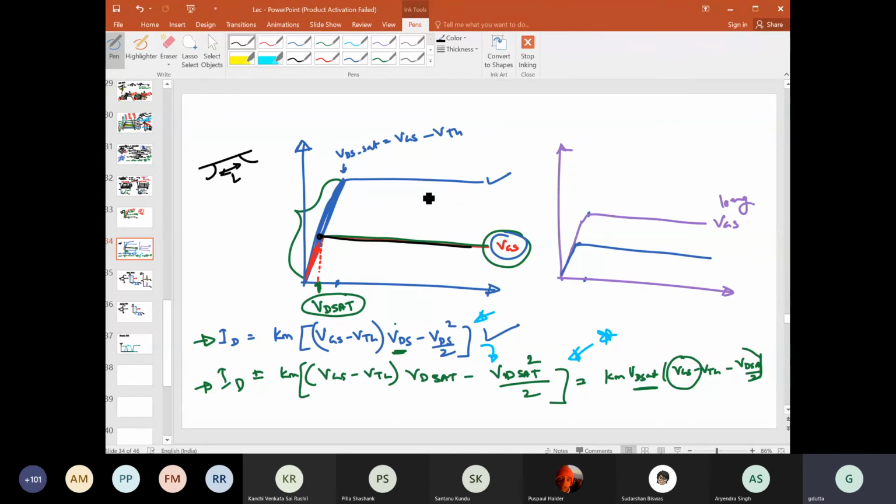And if you compare between these two, then compared to the long channel approximation, the current will be a bit lower for these short channel devices. I think that is also quite easy for you to understand, because here the saturation was due to pinch-off, right? And there you can go quite up to VDD, but for short channel devices you cannot really go up to there, because the saturation is not due to pinch-off but due to velocity saturation. So the current will saturate much earlier. It will not go until here.